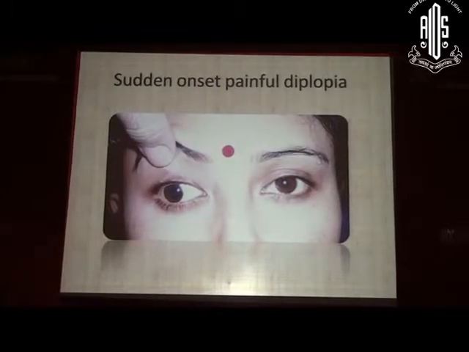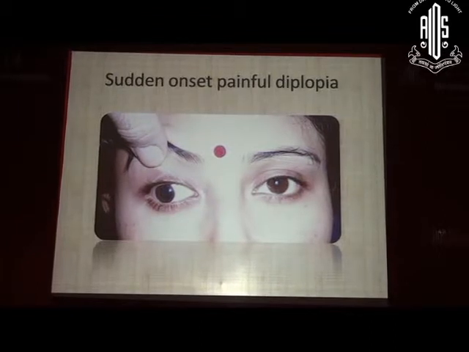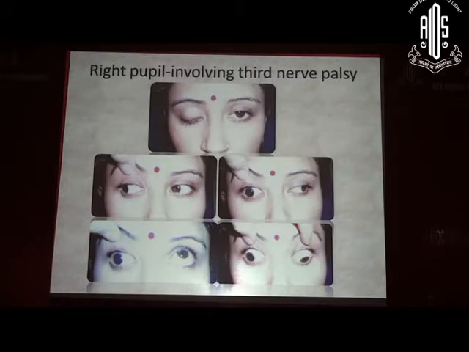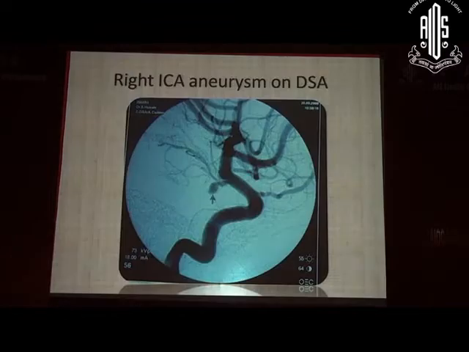Okay, the other condition which has already been dealt with by previous speakers is the third nerve palsy, where the pupil is dilated in the affected eye. There is exotropia and hypotropia, and there is a ptosis. The lid has been elevated manually, and you can see the extreme ptosis with limitation of adduction, depression, and elevation in the affected eye. This clinical diagnosis is not difficult to make. And this patient had, when this kind of a painful third nerve palsy, you have to do an MRI immediately, and you also need to do DSA, and we found an aneurysm in the right ICA.